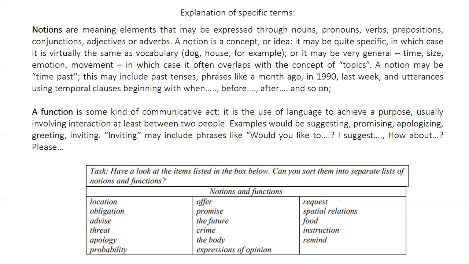So right now, I have a task. Have a look at the items listed in the box below, and sort them into separate lists of notions and functions. So which is the notion here, and which is the function? Location, obligation, advice, threat, apology, probably, offer, promise, the future, crime, the body, expression of opinion, request, spatial, a relation,